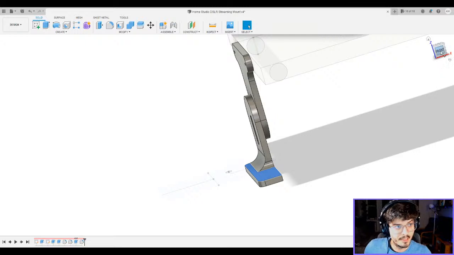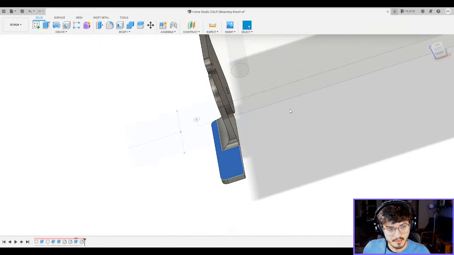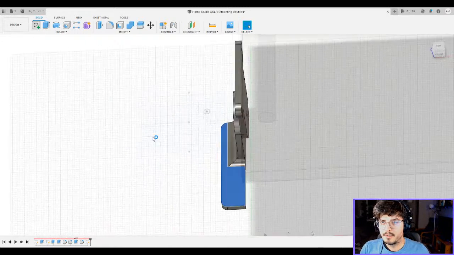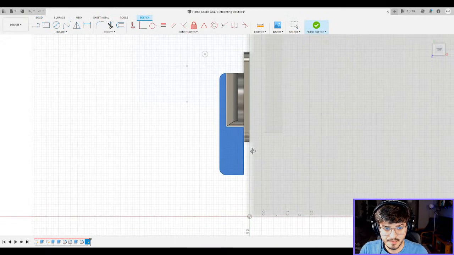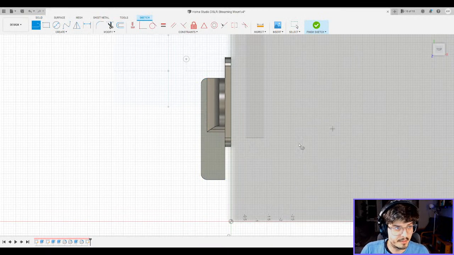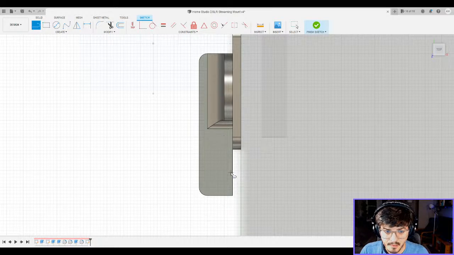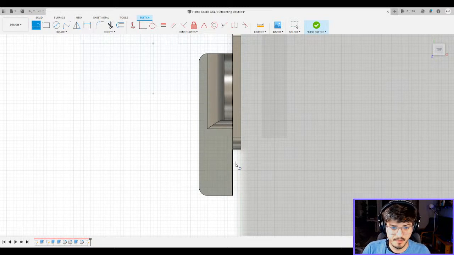I'm going to center that, so I'm just going to take this thing right here, perfect. I'm going to take one of these. This is what I'm going to do. I'm going to do a construction line right there.